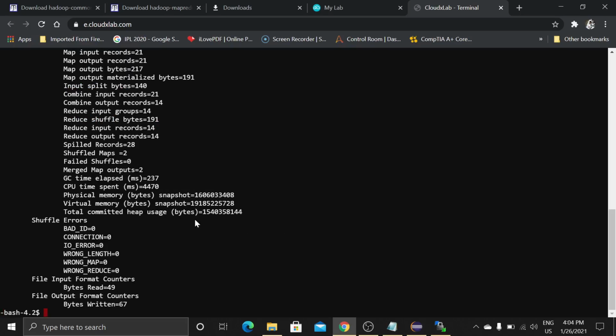Now we get this file. Now we need to type hadoop fs to see the files, and what you gave as the output file, out.